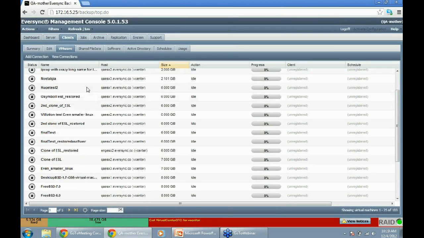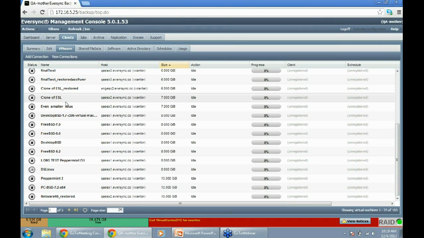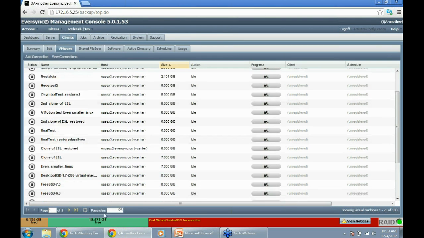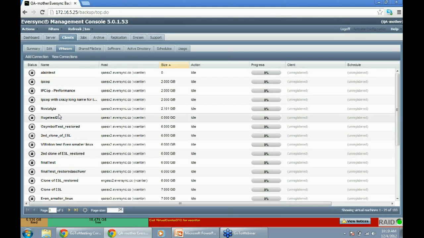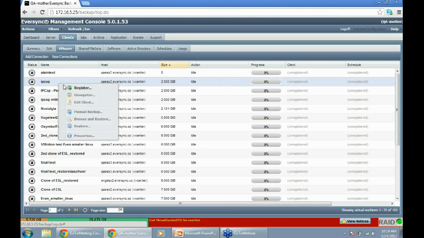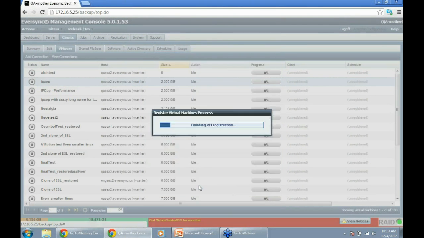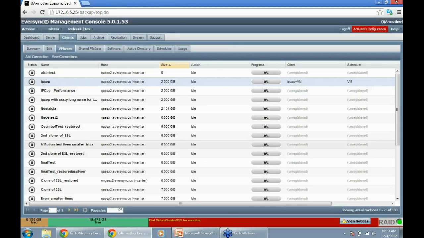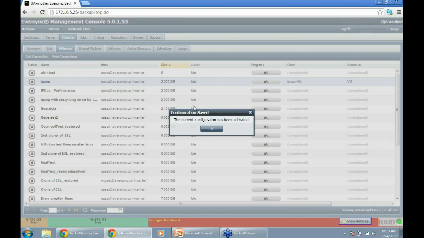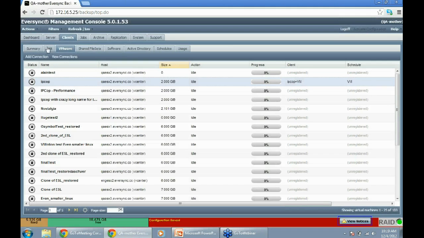So it got the index of the list of virtual machines that are out there in this environment, and has created a handy list for us. You can set one up to be backed up simply by selecting it, registering it. Create a client for us with the default settings.